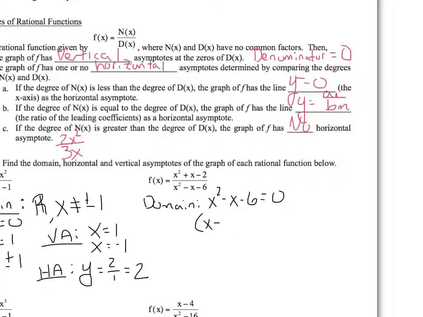This will factor. It factors to x minus 3, x plus 2. So we get values of 3 and negative 2. Therefore, our domain is all real numbers. However, x is not allowed